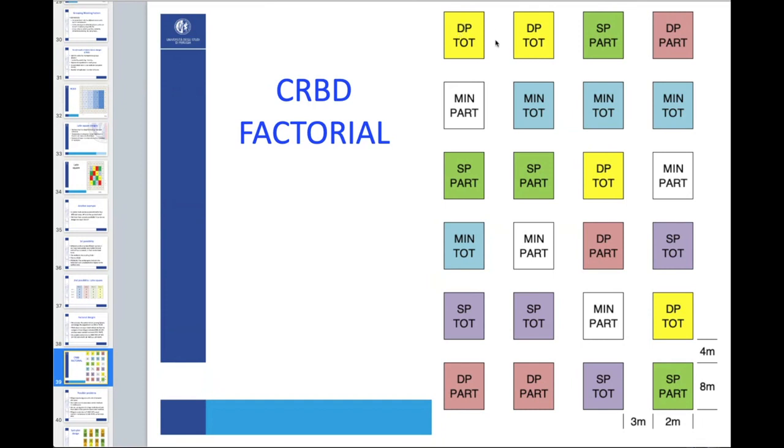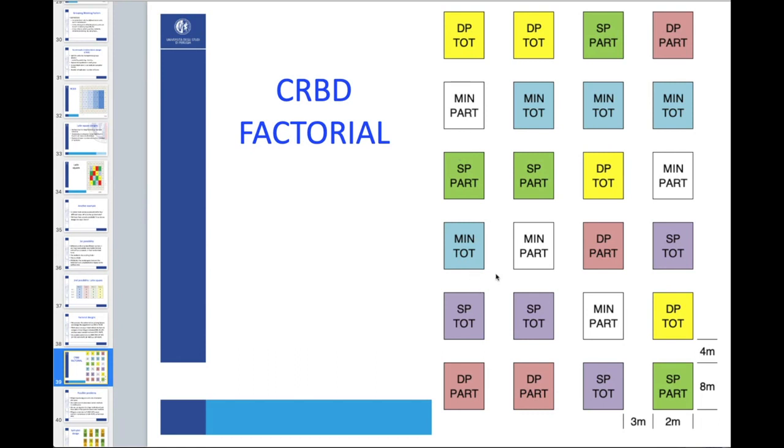And you see that each column is a block. And within the block, there are all the possible combinations, and they are randomized. SP tot, mean tot, DP tot, mean part, mean tot,